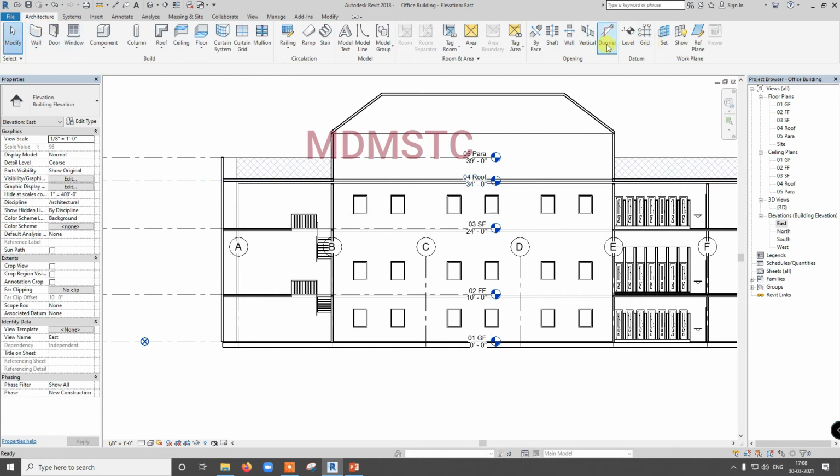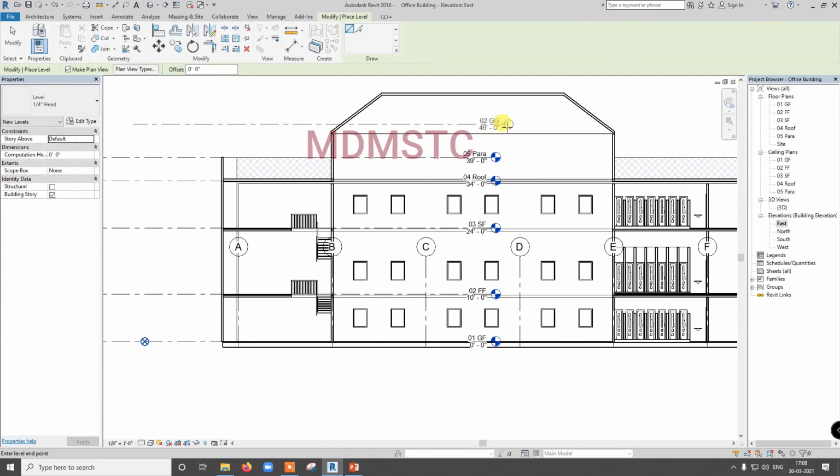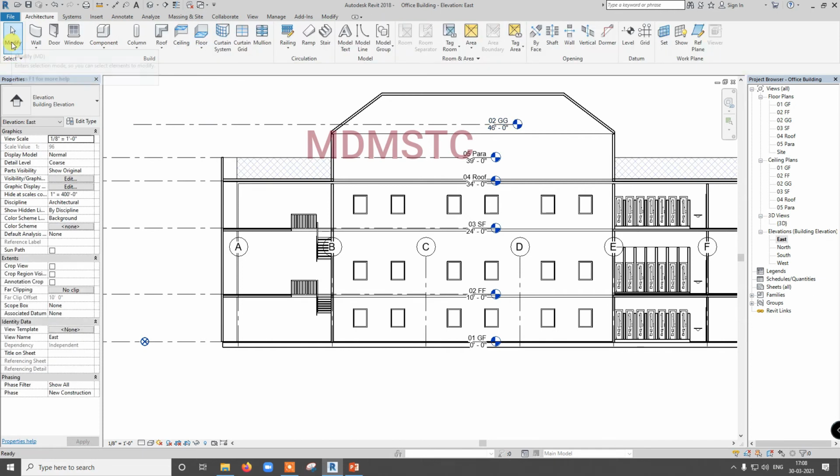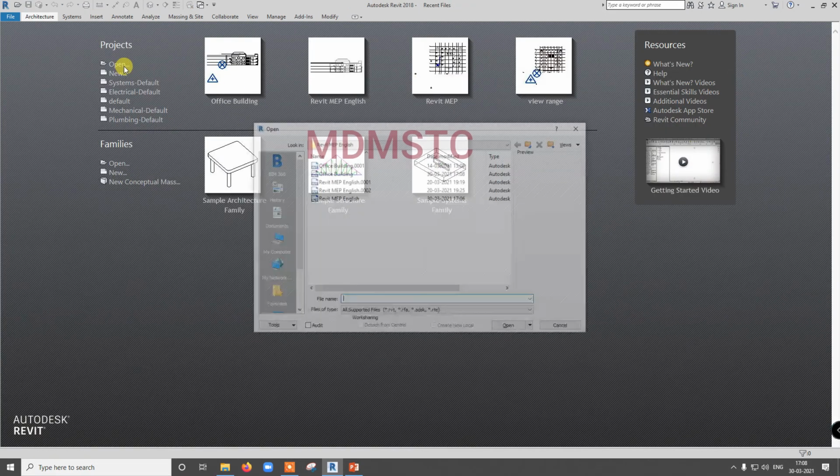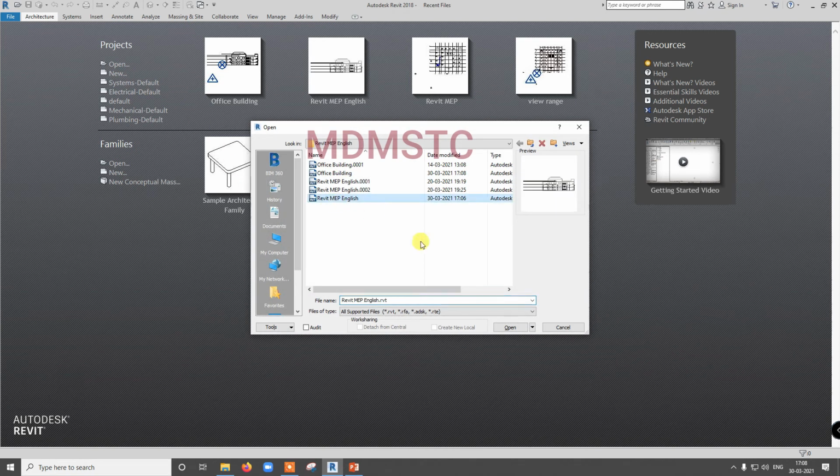And I am going to add a level also. Just copy, close this file. Now I am going to open my linked file.